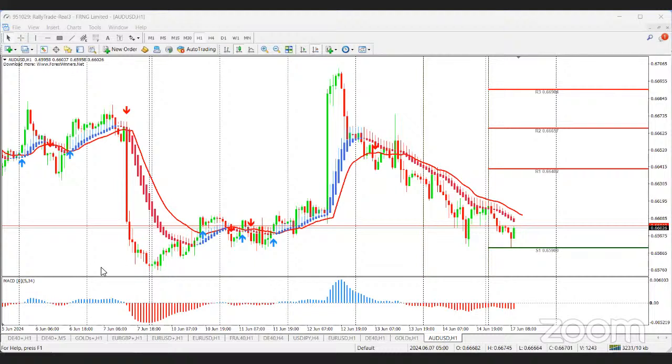Audio is not working. What do you mean audio is not working? My audio is working here. So maybe it is your audio, not mine. I'm talking of Boom Tech. Okay, Freddy. Somebody says the volume is low. What do you mean the volume is low? Well, a lot of people say they can't hear me.